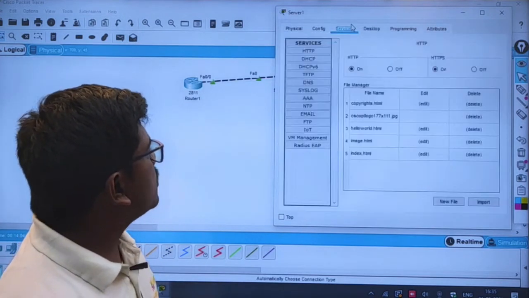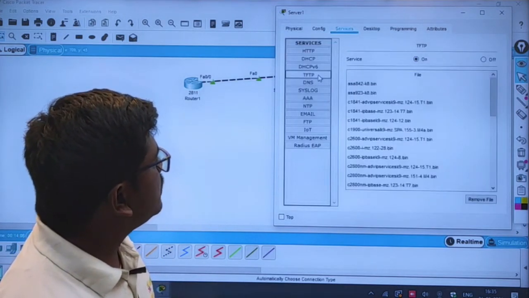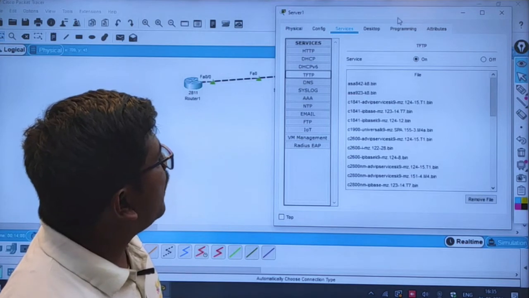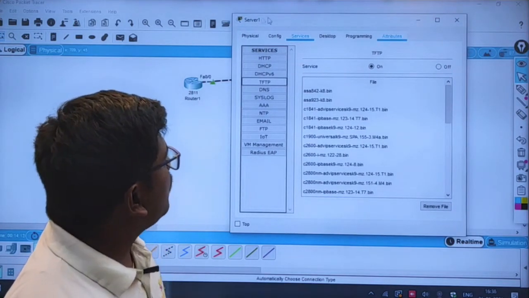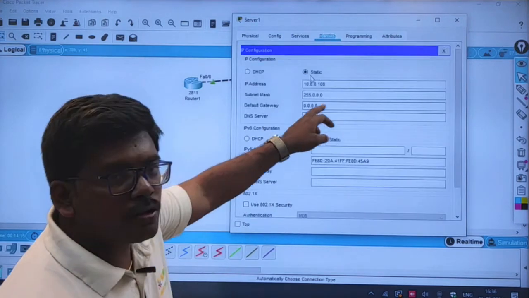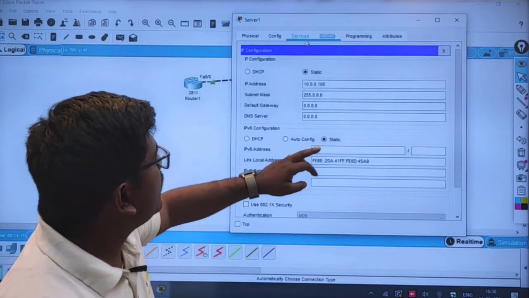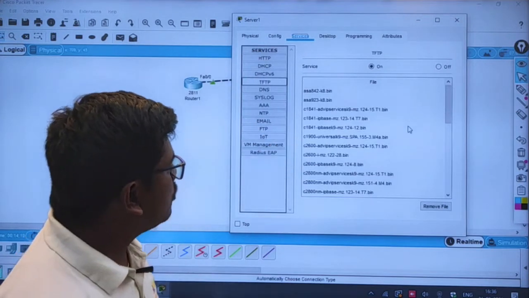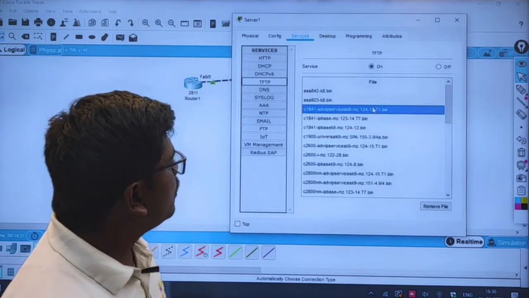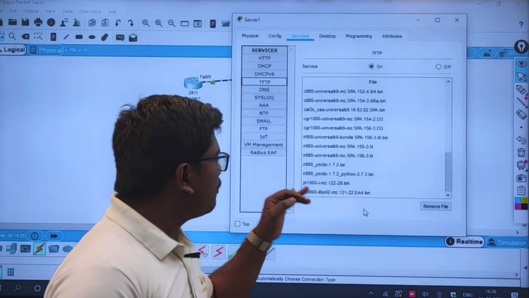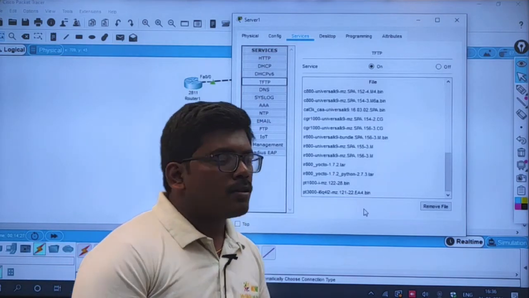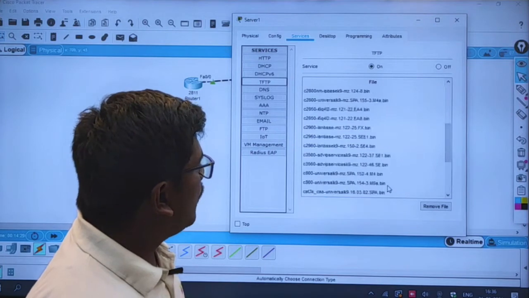So coming back to the services, I have the TFTP service here and it's by default turned on, right? So my IP address is 10.0.0.100 and my TFTP service is turned on with some of the router IOS configurations already present here. Okay, so it already has some backups here. I'm not worried about it.